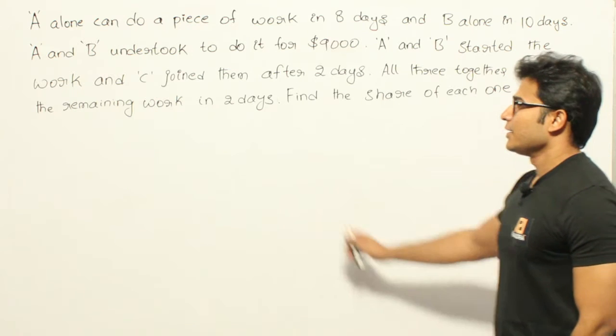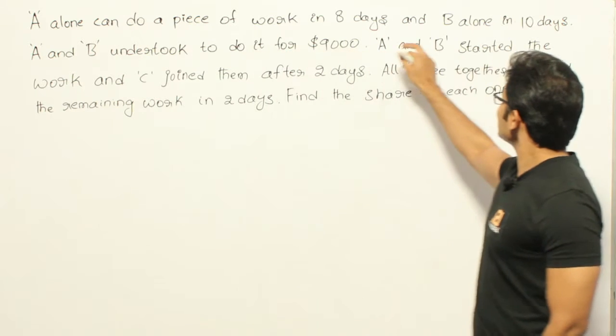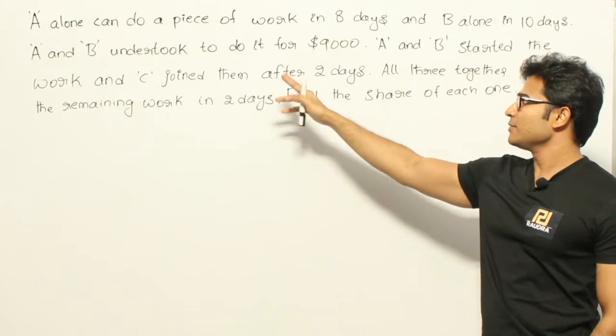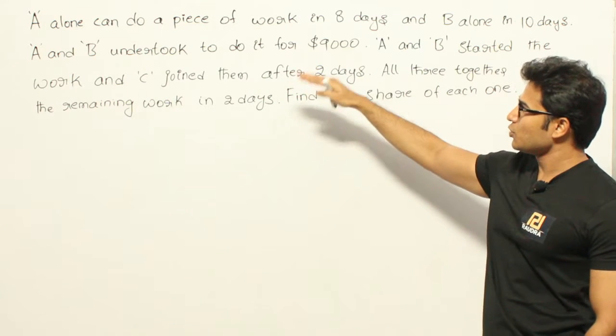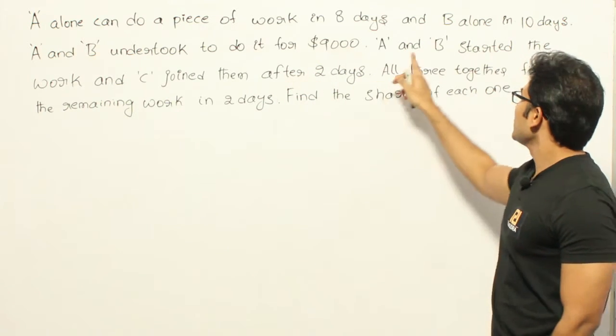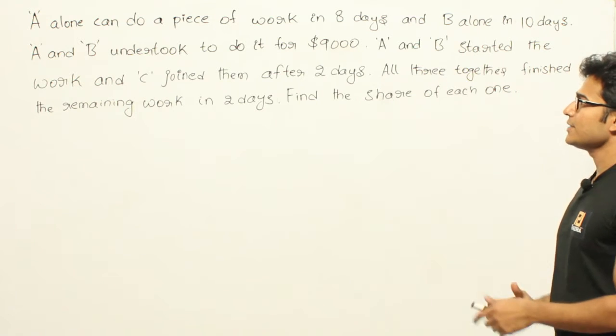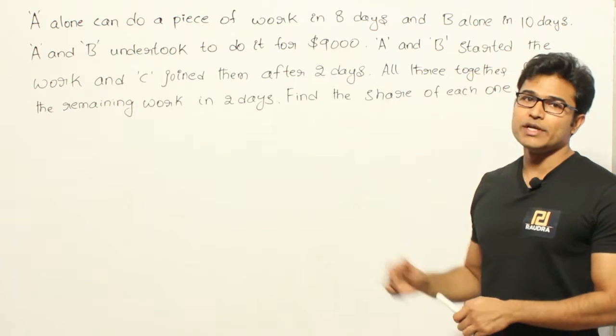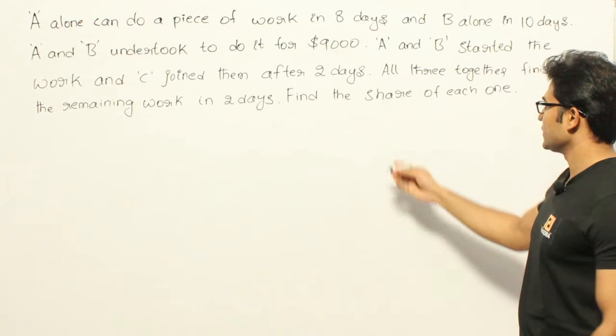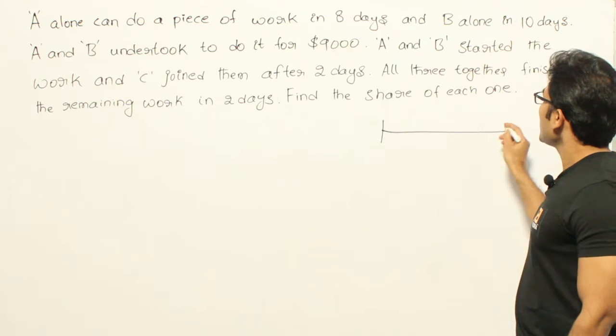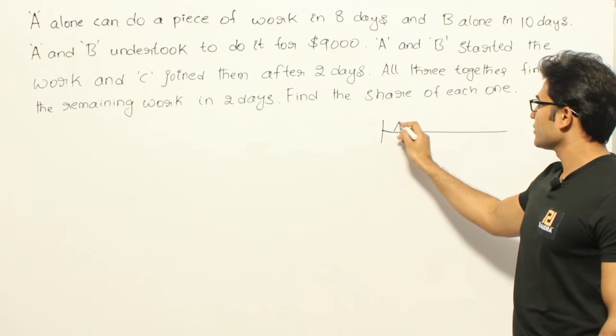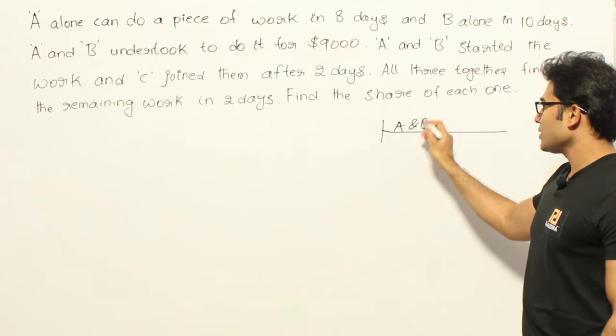Let's see this. A alone can do a piece of work in 8 days and B alone in 10 days. A and B undertook to do it for $9,000. A and B started the work and C joined them after 2 days. So what they are trying to say is A and B started the work and C joined them after 2